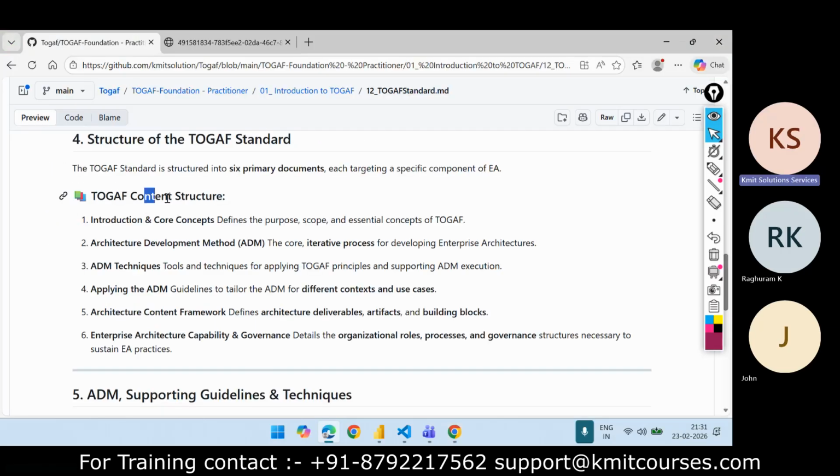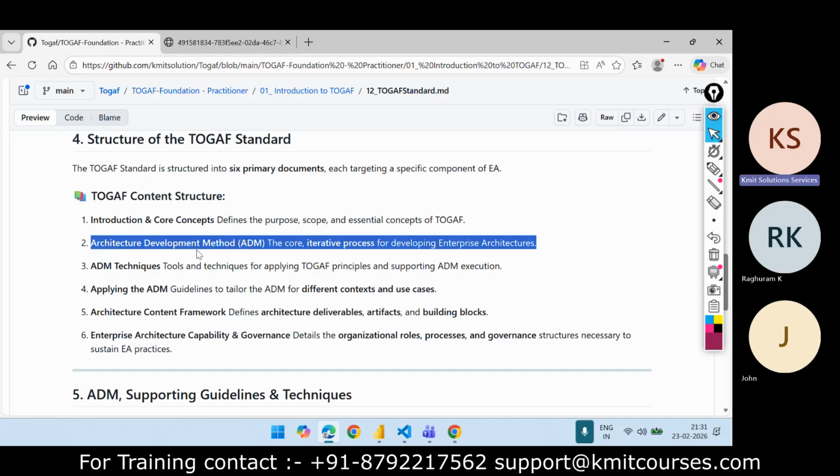TOGAF content structure. First, the introduction to the core concepts, which defines the purpose, scope, and essential concepts of TOGAF. That kind of content you will find in that particular documentation. Then the Architecture Development Method, which is the ADM cycle.